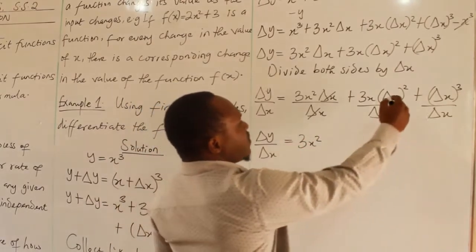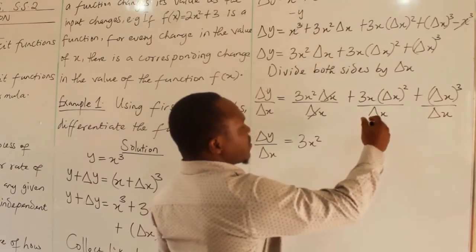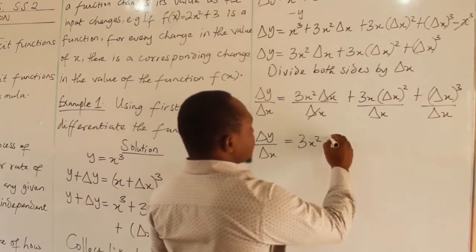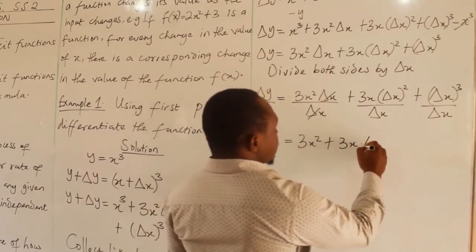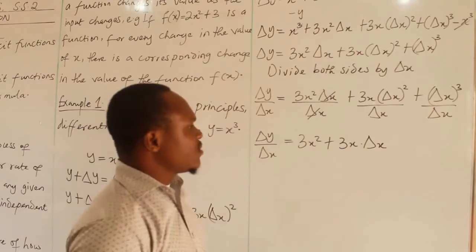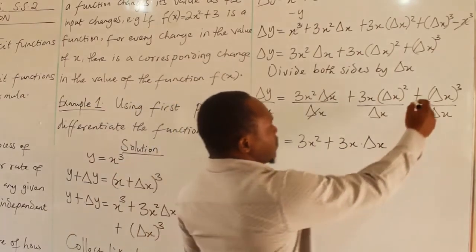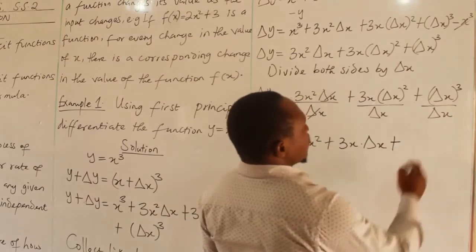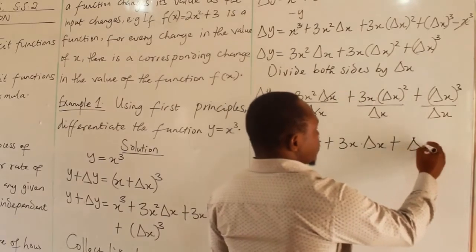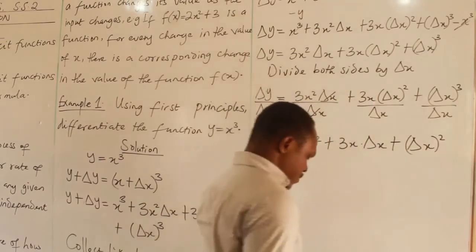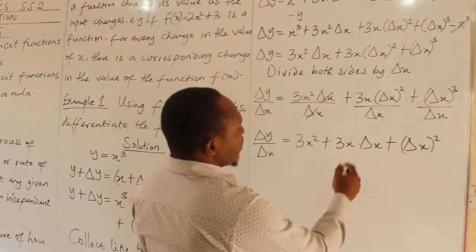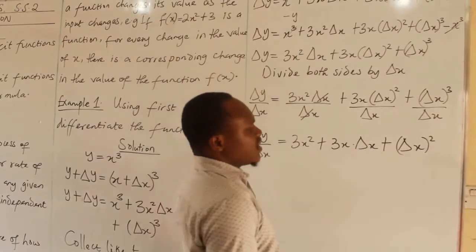Now, we have (delta x) all squared multiplied by 3x divided by delta x. So if we divide this by this, we're going to be left with 3x dot delta x. Remember, as I said earlier in class, dot in mathematics represents multiplication. Now, moving on to the next one. Plus, we have (delta x) all cubed divided by delta x, and that leaves us with (delta x) all squared. Delta y divided by delta x is equal to 3x squared plus 3x dot delta x plus (delta x) all